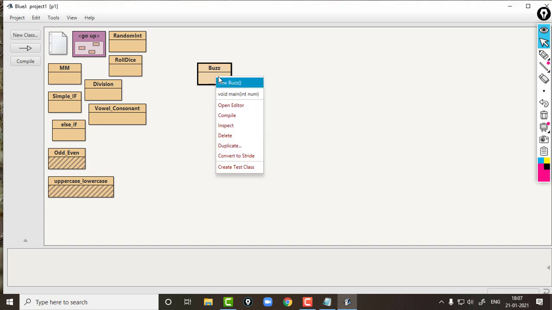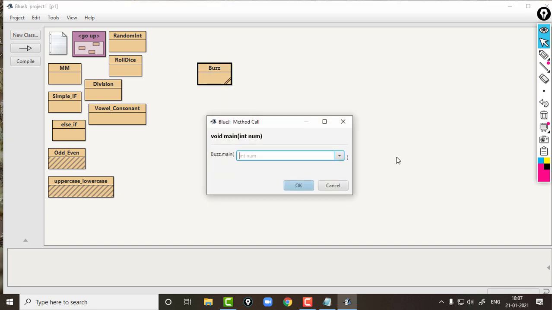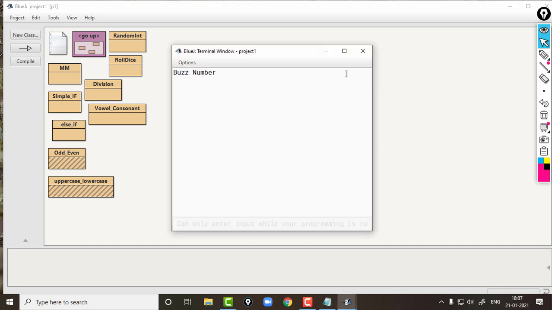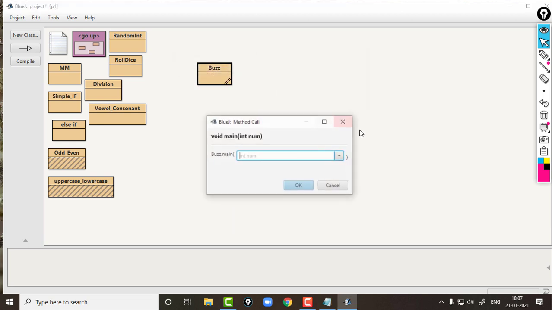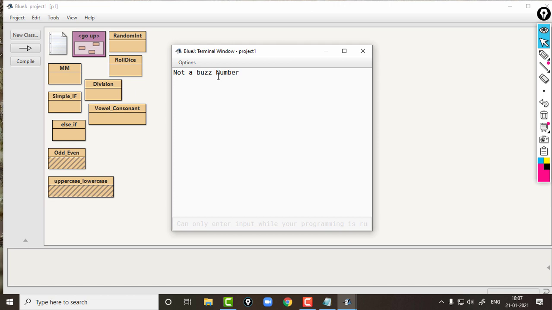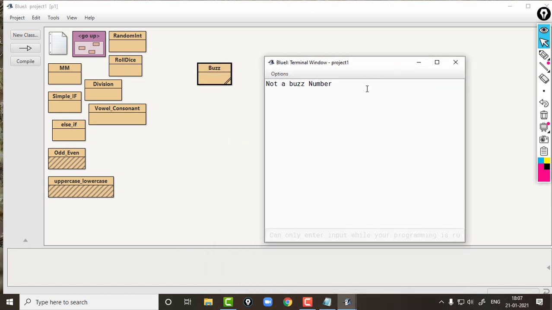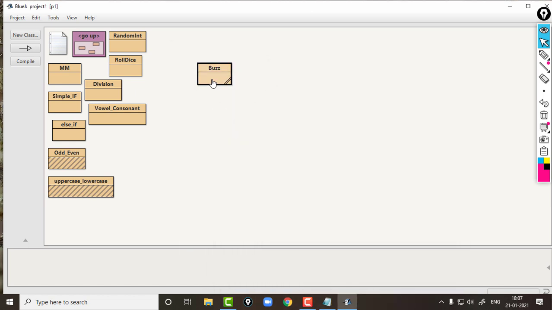So we can give a value, we can give 49, so bus number. So we can give a number which is ending with 7, 57. Okay, see, not a bus number.